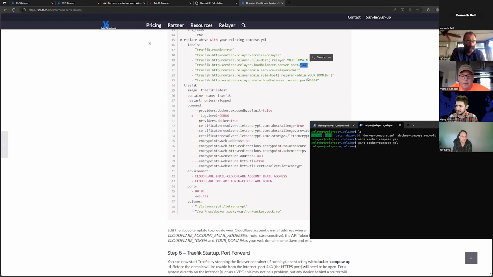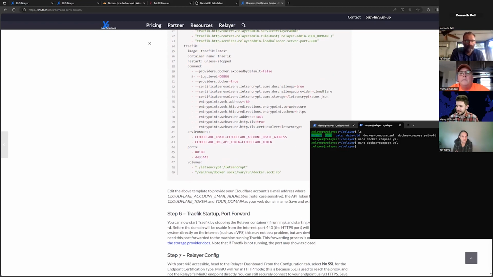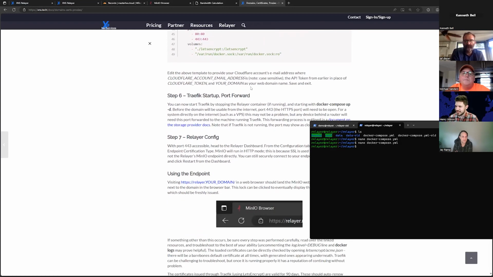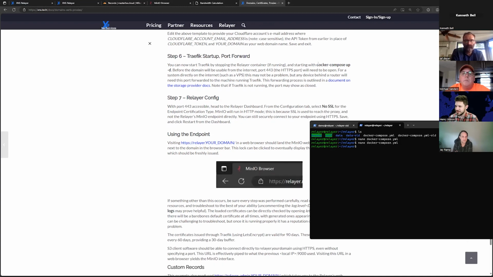Obviously, relayer is the Minio port, relayer admin is the UI port. So this is kind of readable. Hopefully, even if you don't speak this language, you can see what it's doing. And then at the bottom here, the Cloudflare account that you created, you have your email address, and you have to create a DNS API token, and then you just paste that there. And after all of that, if you do the classic docker compose up -d,